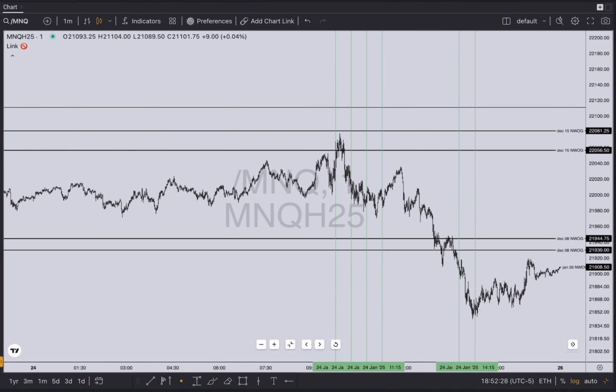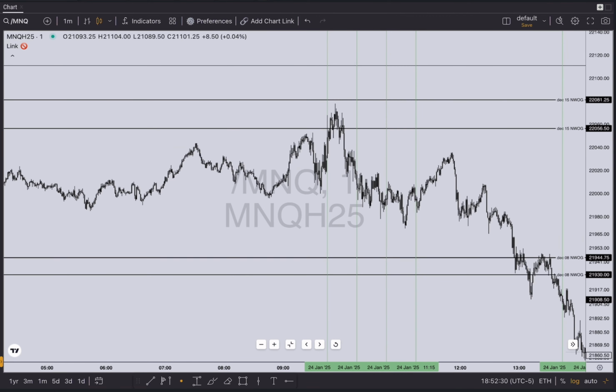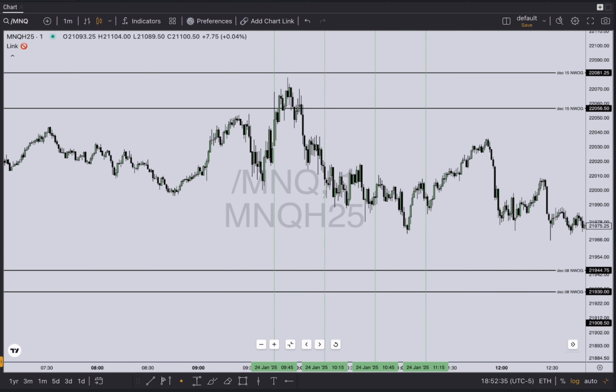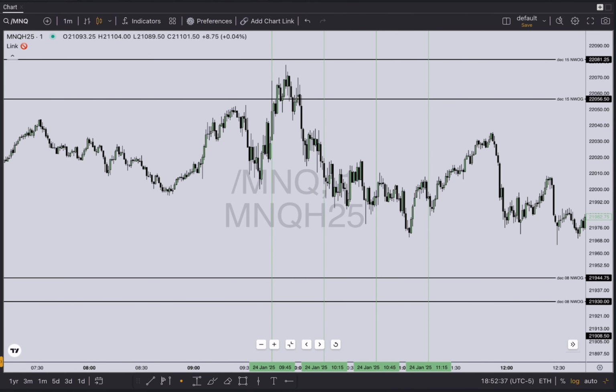The first kind of macros that I have marked out here. Now you're going to notice that I have it marked out in 15-minute intervals, so if you look down here, I don't have it marked out as 950, 1010. The reason being is you can look for trades 5 minutes before and 5 minutes after these macros, right? That's why from the beginning, I want to ingrain in you guys that the macro is quote unquote 9:45, 10:15,